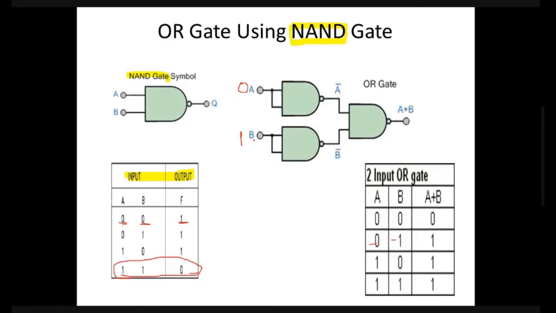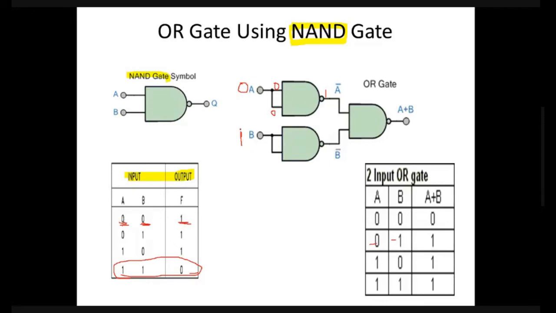Okay. Here the A input is 0. That 0 comes here, and here, due to the short circuit, it is also 0. So it is considered as an individual NAND gate with 0, 0. What is the output? 1. The NAND output is 1.